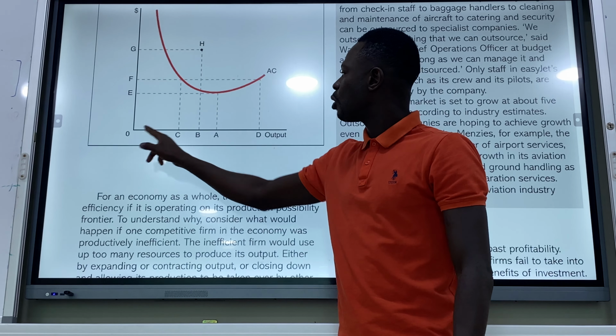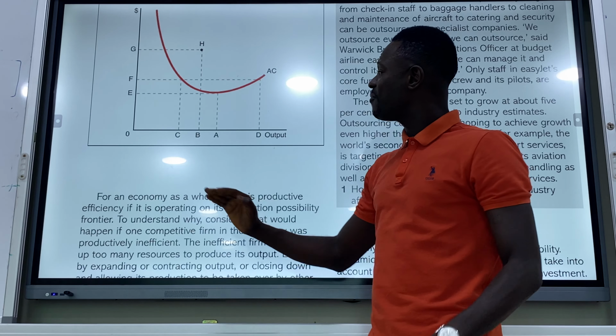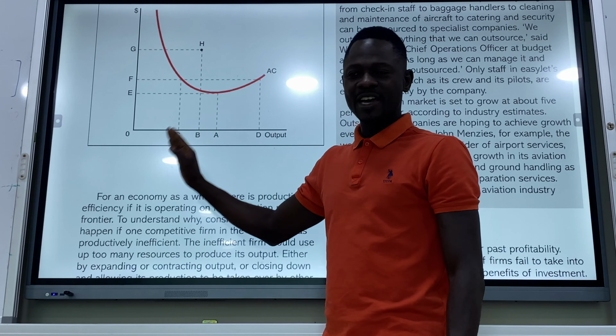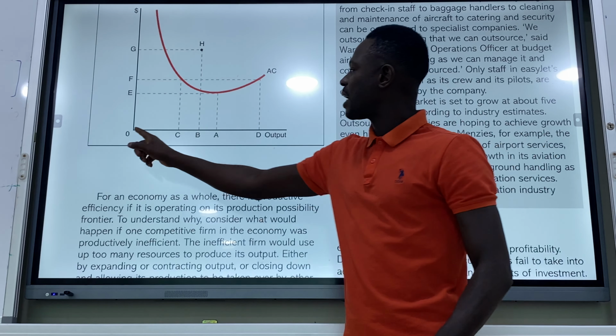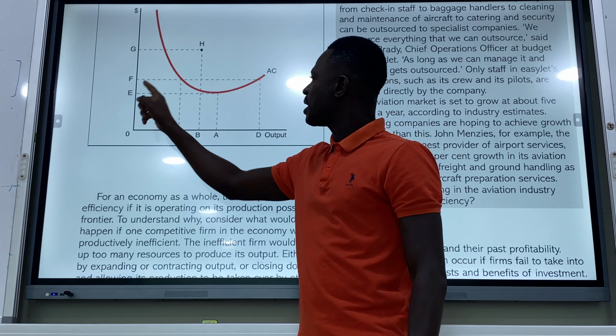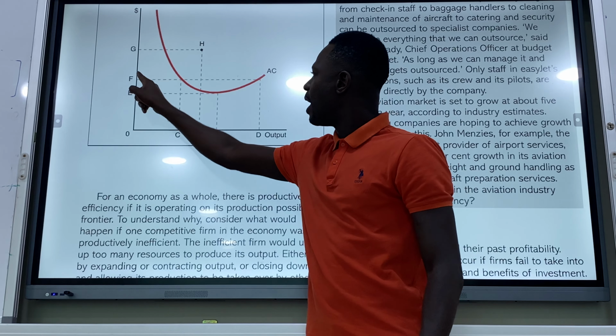The firm operating at OA is the actual productive efficiency. It means that at OA, the firm will have a reduced cost of OE. So for a firm to have a reduced cost here and to bring about productive efficiency, the firm must operate at OA. OA, OE represents productive efficiency. OC, OF is not